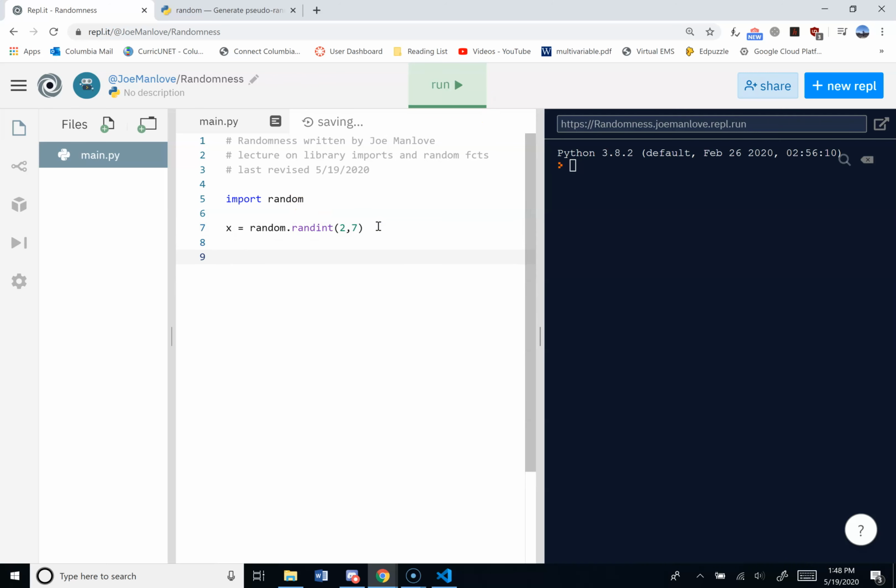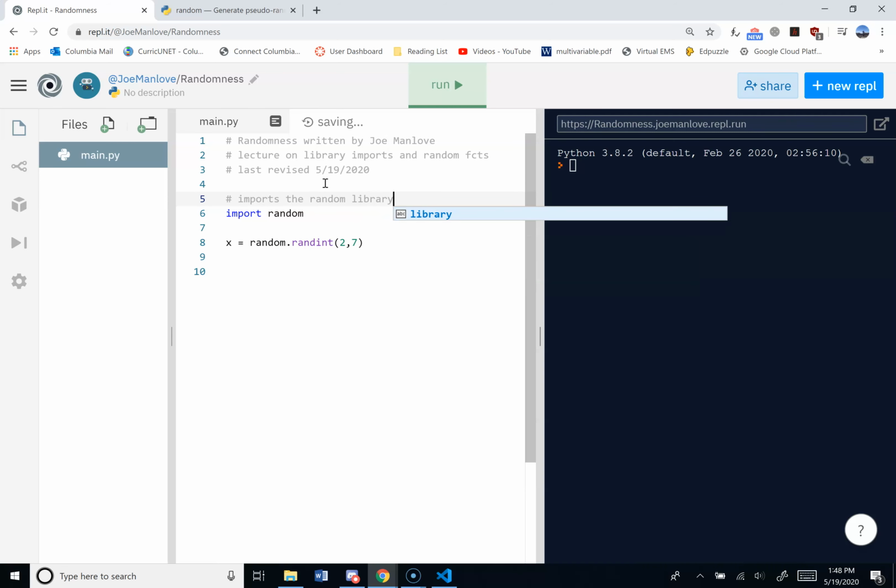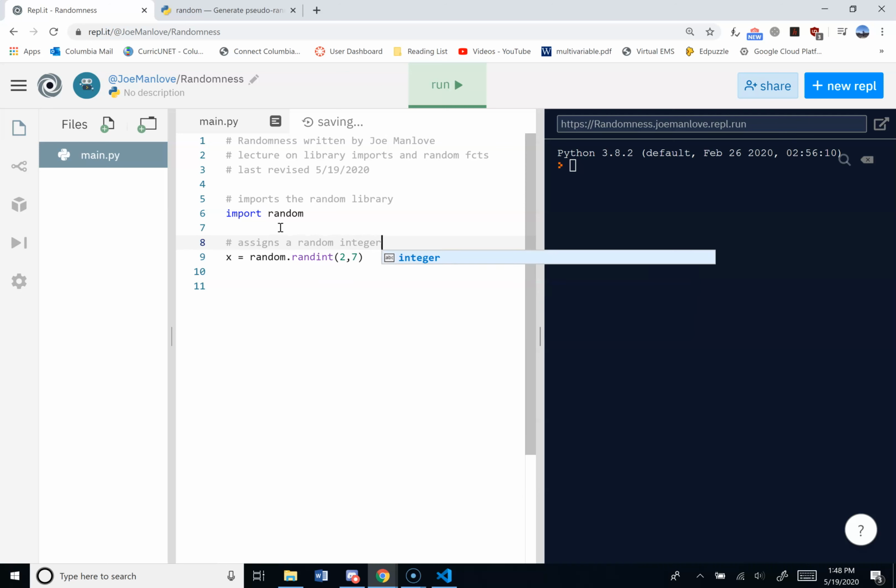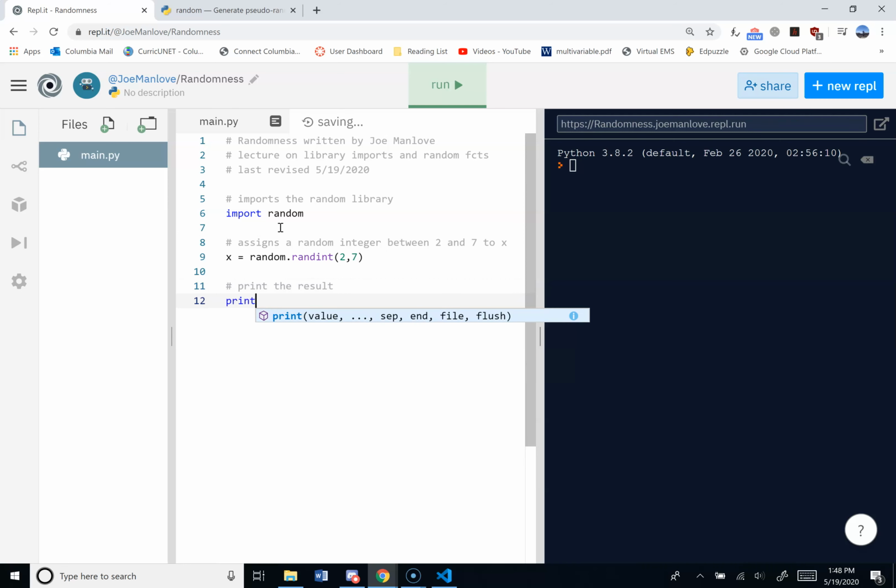And then if I hit execute right there, I would expect it to do nothing, right? So just in keeping with good commenting, I'm going to comment as I go. So this imports the random library. This assigns a random integer between 2 and 7 to x, and then we're going to print the result here. So in order to print the result, we call the print function on the variable x,